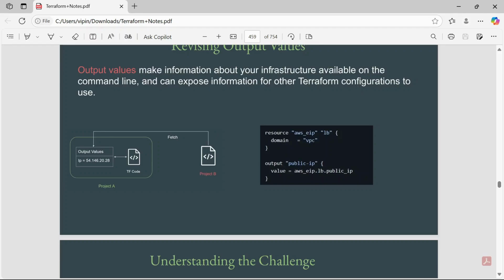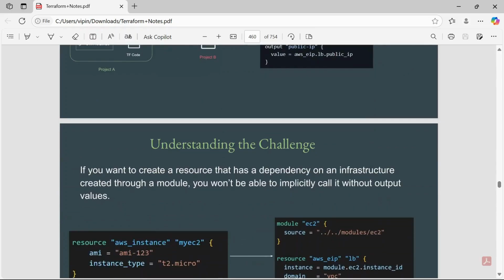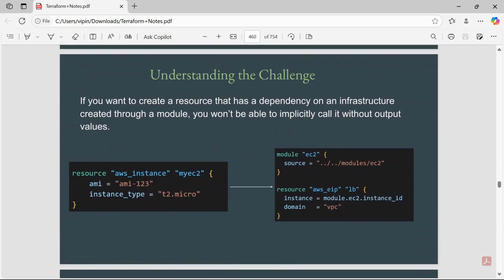If we have declared the output value like this, then only we will be able to get the value of the public IP of this elastic IP and use it for further use cases.